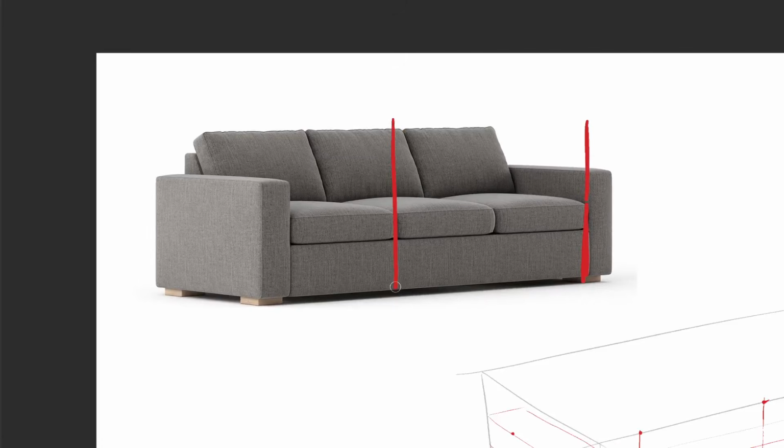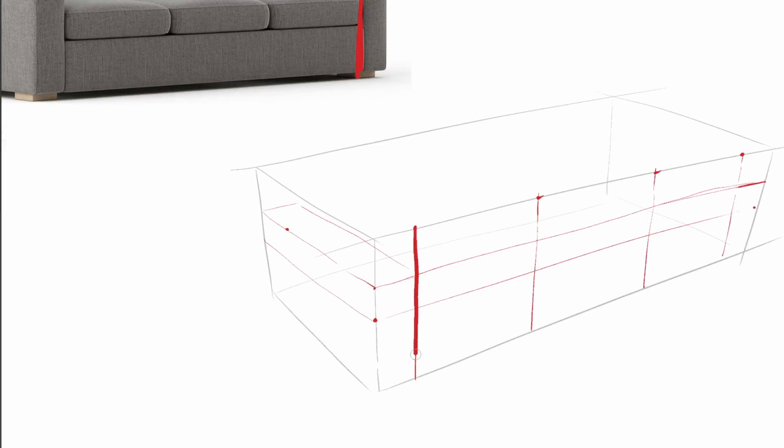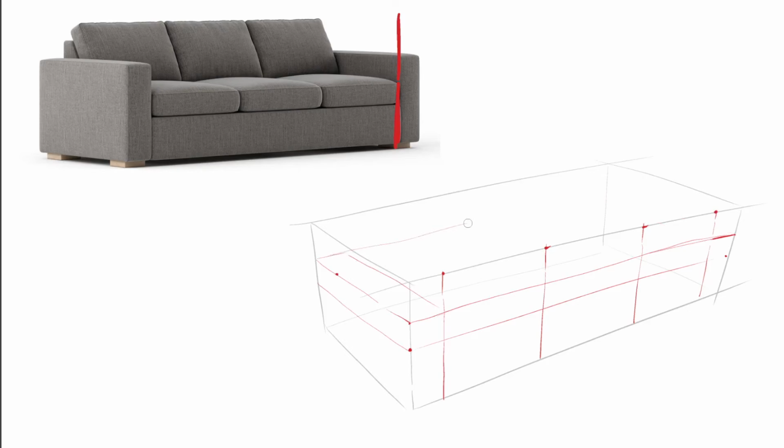Like in the actual image, these of course don't extend up, but we have to do that so that we know exactly where this is in our box. And I'm just going to draw the armrest on the other side as well. And again, make sure that you draw through all of your forms, because that's also what defines how these boxes